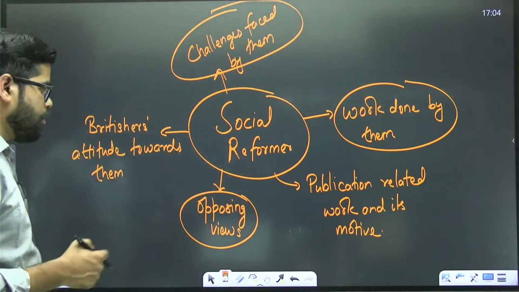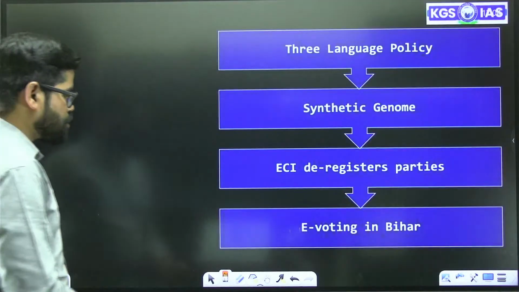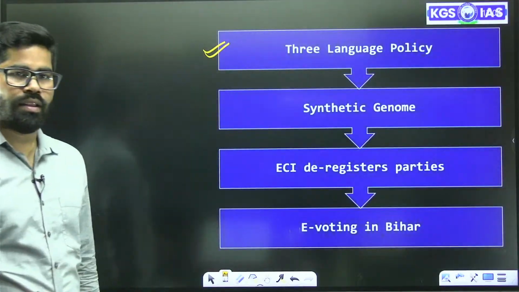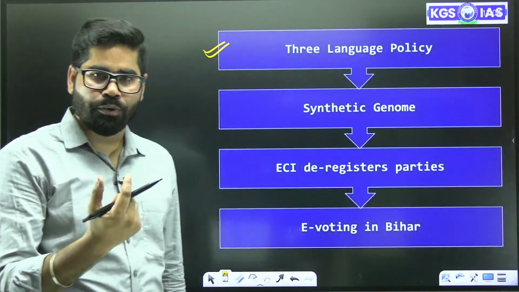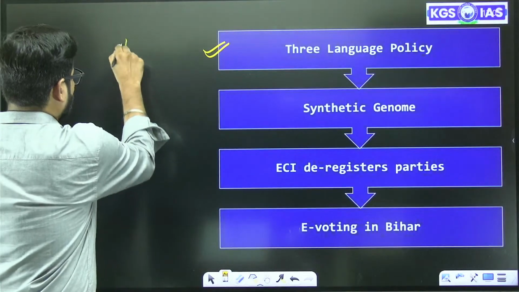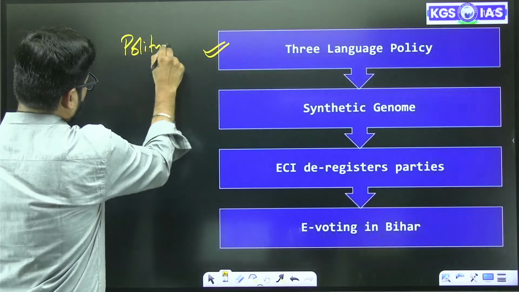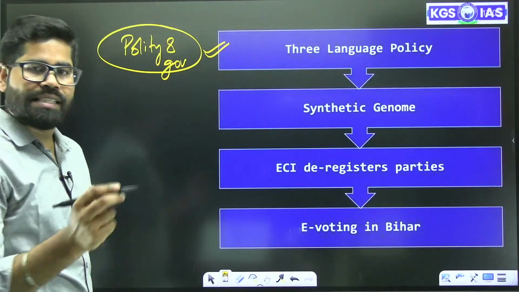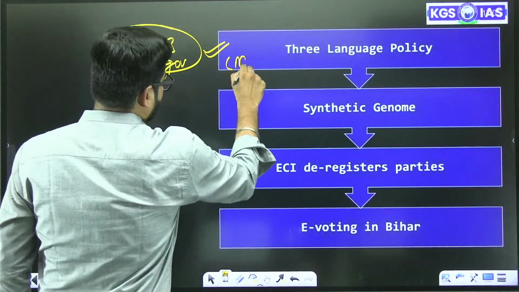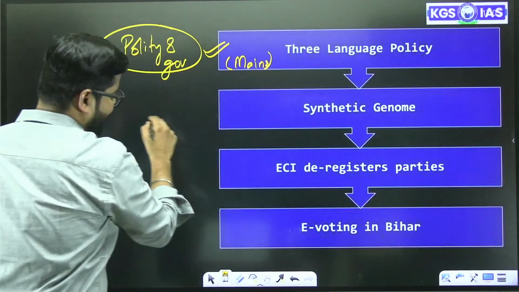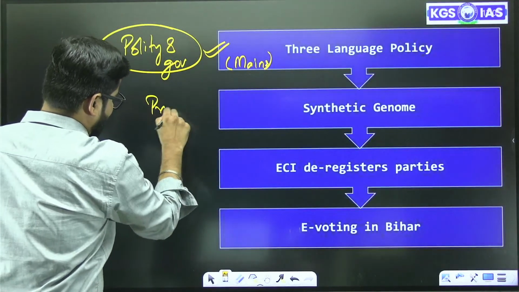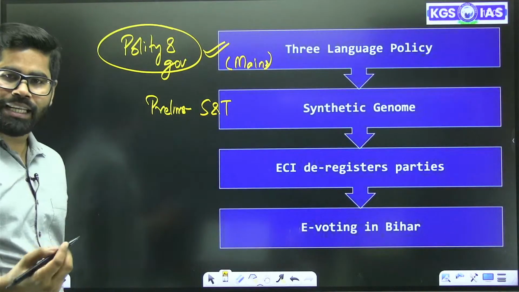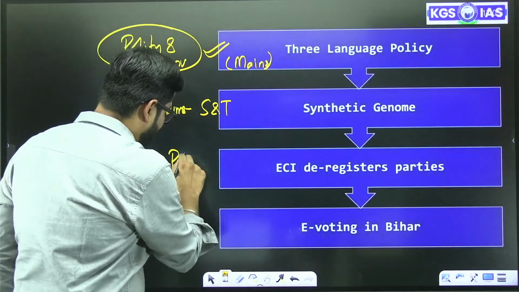Okay. Now, the topics which we are going to discuss today, the first topic which we have is three language policy. This is part of polity and governance. Second thing, it is related to your mains portion. Second topic is synthetic genome, prelim, science and tech. This portion is from prelim, science and tech. Then again from the polity section and prelims related article,